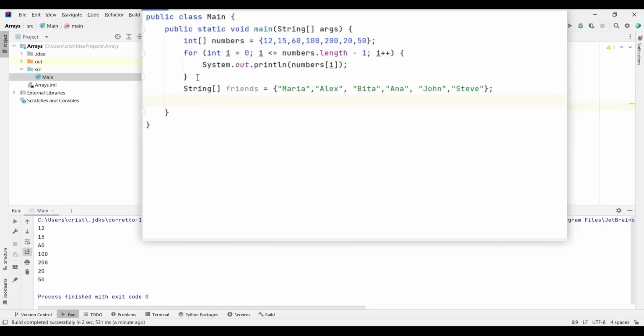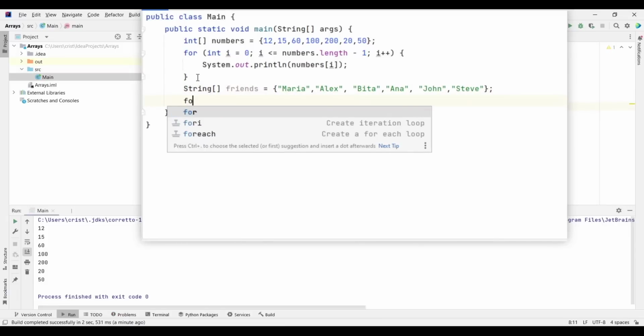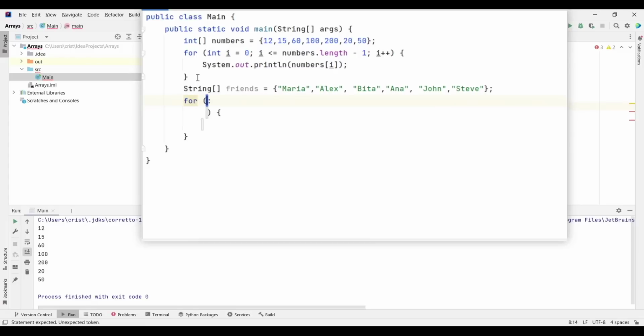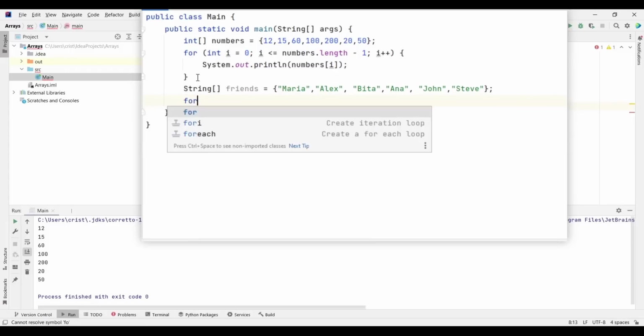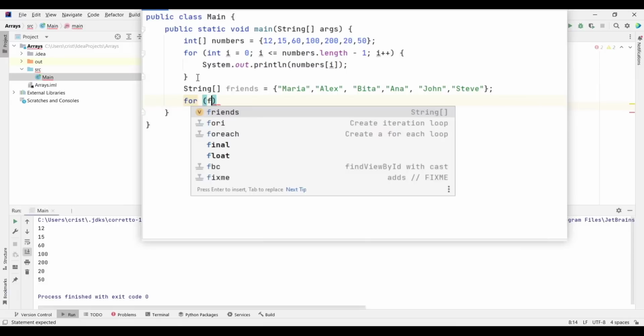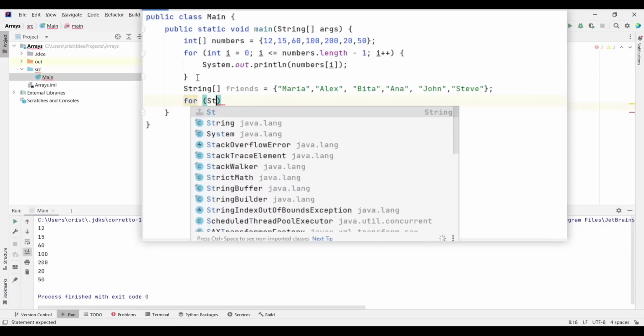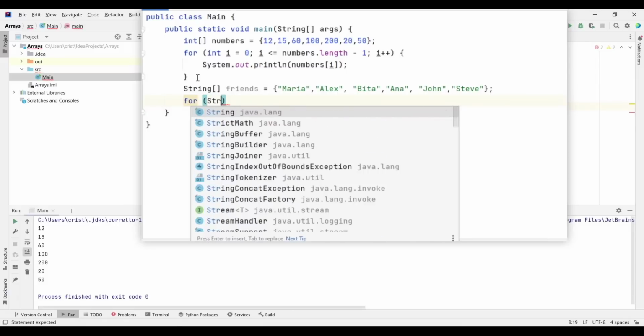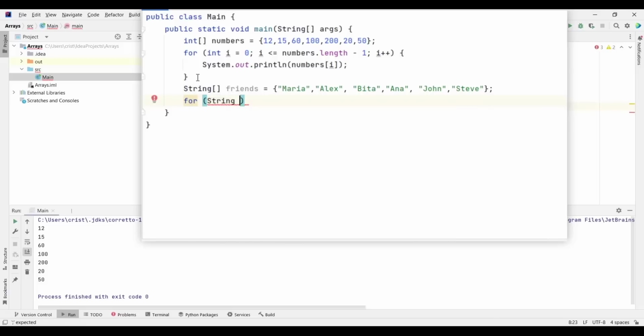Now if I want to loop through this array, I can use a for each. So I can use a for each, and I press enter. Actually let's press Ctrl G because I don't like the formatting. So for parentheses, here I'm gonna type the type string, and I'm gonna type friend, colon, so for friend in friends, left curly brace, and press enter to add the closing curly brace.